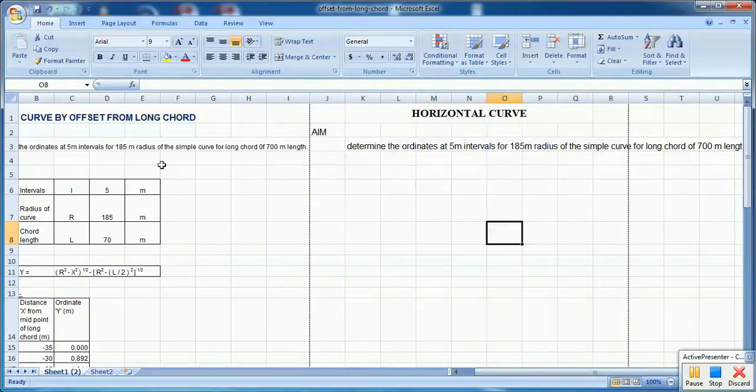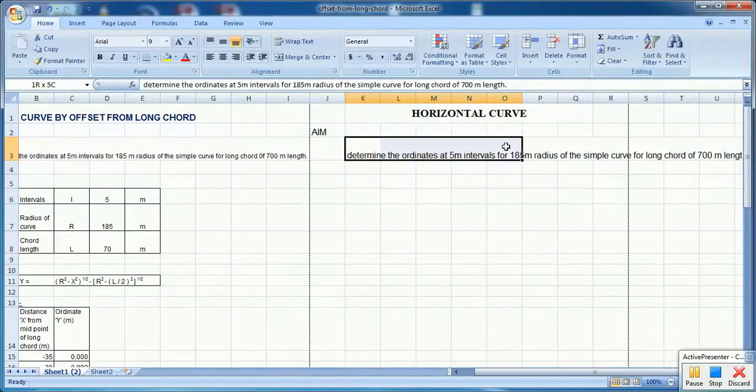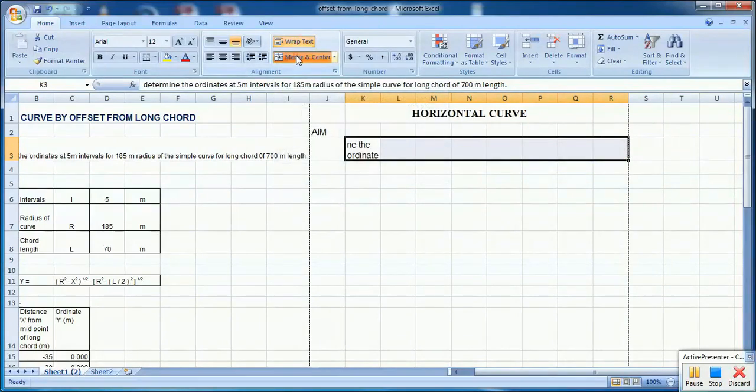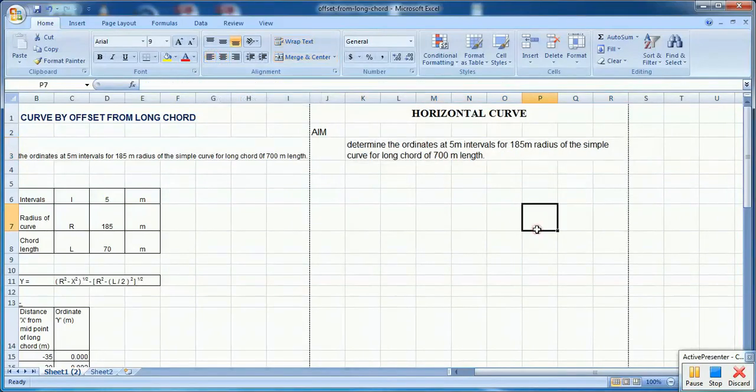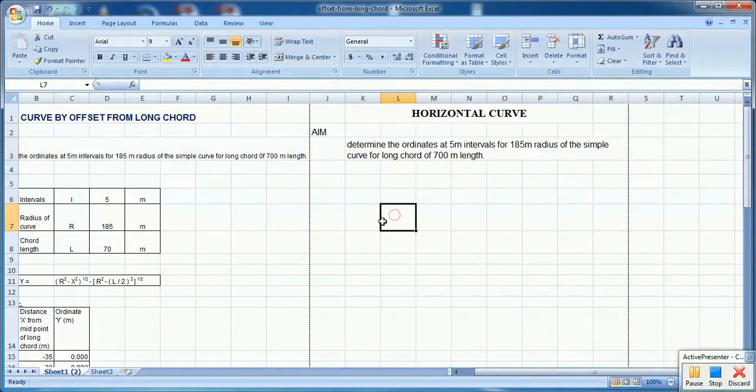So what you have to do, you increase the row height a little bit, then you select the particular cells, then you say wrap text, merge and center. Okay, and alignment you can make it. So we have adjusted that cell. Now it was beyond this, so we have adjusted here by using wrap text, merge and center. Okay, so next is